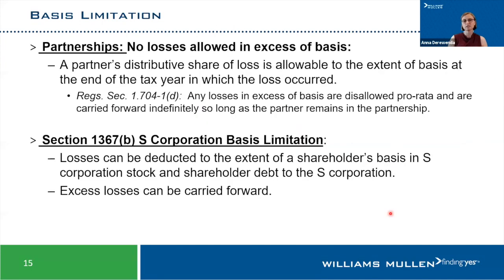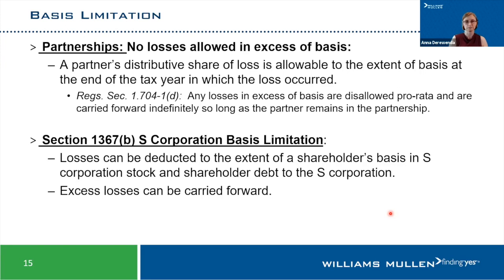So for individuals that own their businesses through flow-through entities, either partnerships or S corporations, which are similar but different. But basically, for a partnership, you have no losses allowed in excess of the partner's basis in that partnership. And what goes into the partner's basis? It's typically contributions, allocation of income, and their share of the